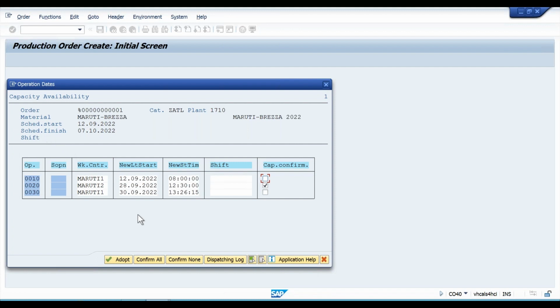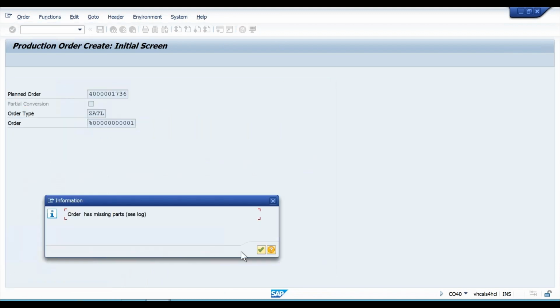To do this leveling also, which we do manually in the CM21 screen, it should have the capability of having shifts. Even if I say adopt, the system is saying a new start date, but I know it is not correct. If I say confirm all,